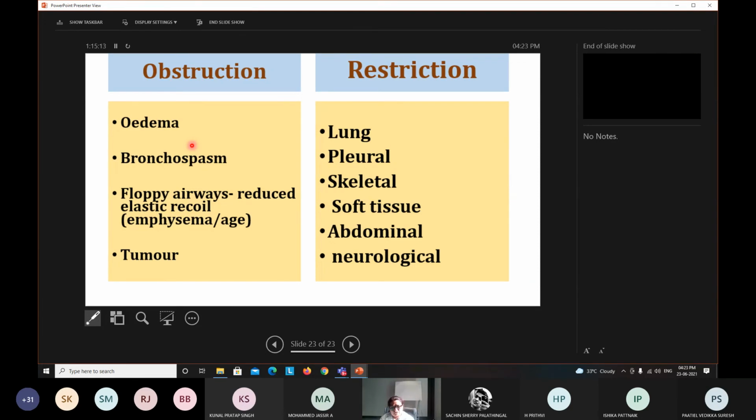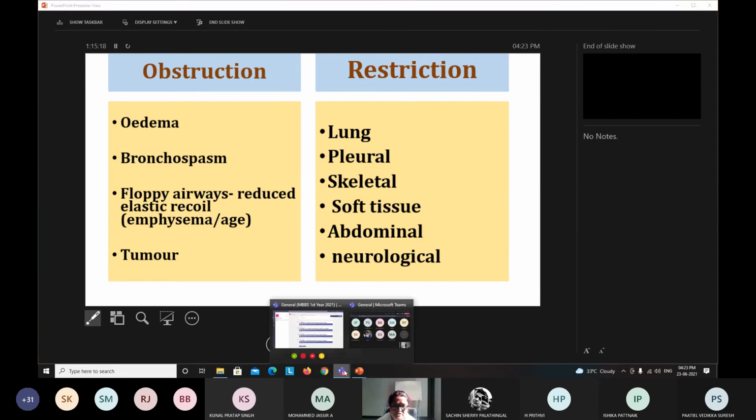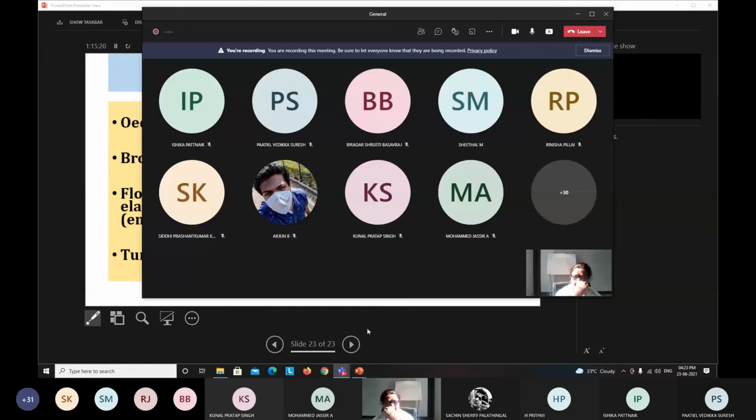Is that clear? So this is all for today's theory discussion. This is a brief initial lecture about two experiments, simple spirometry and the recording spirometry, which will be demonstrated separately when you come to the laboratories, and you will be allowed to perform, record your own parameters, and write the report in your record books. Any doubts in this experiment, you can unmute and ask the questions. We have time.